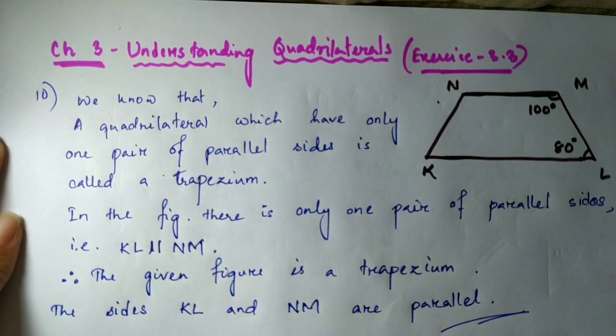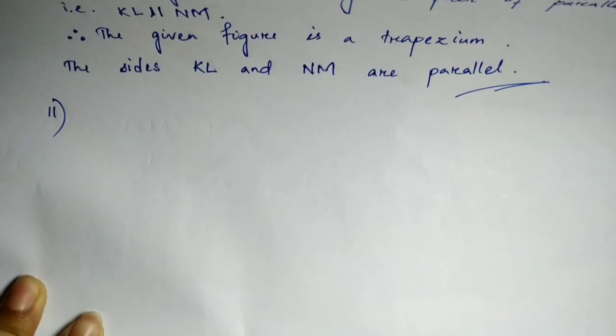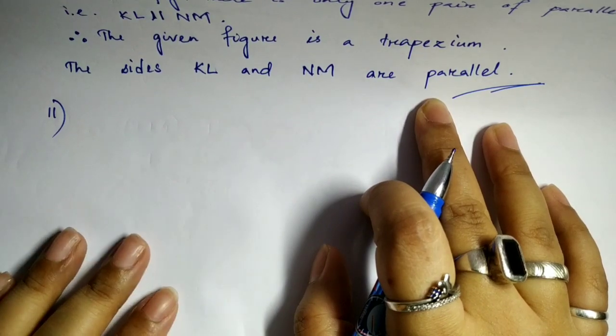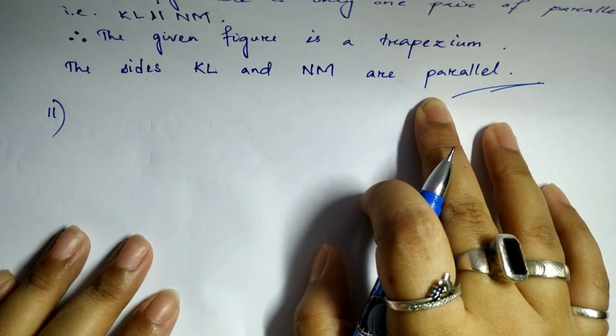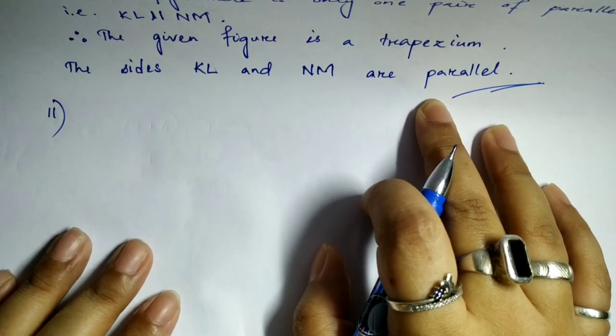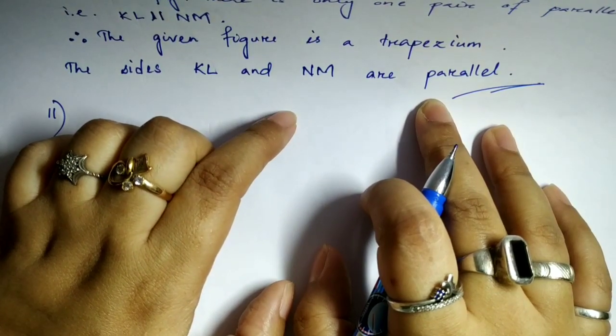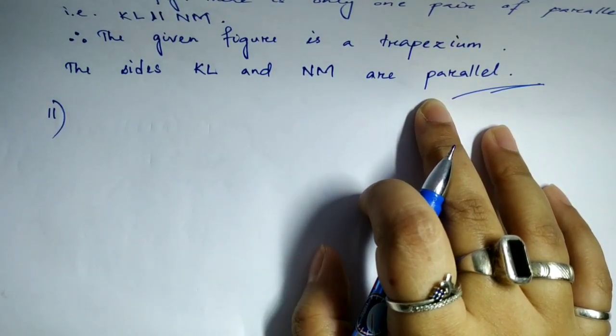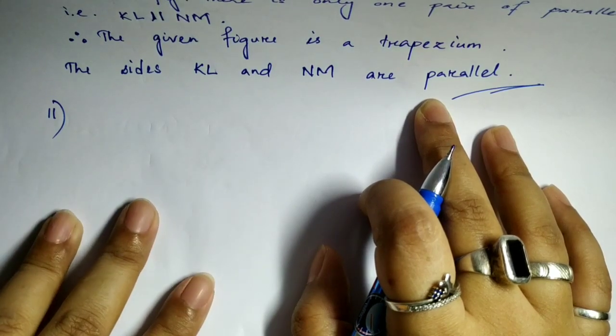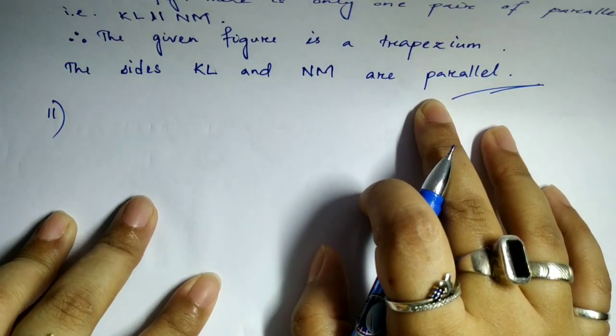Okay, we have two more questions in this exercise. I'll do it for you now. Let us move on to question number 11 now. It is given, find the measure of angle C. M angle C means measure of angle C. In figure 3.33, there are different figures given in the book. So please refer to the figure number given and the diagram that you need, if AB is parallel to DC.